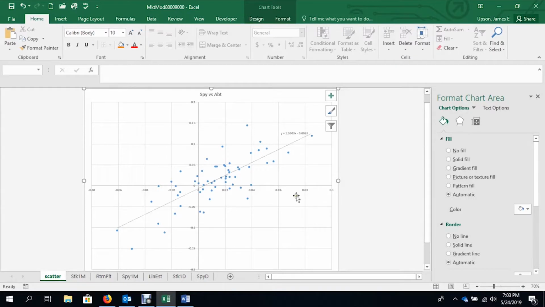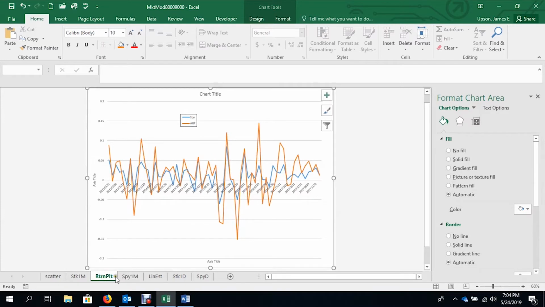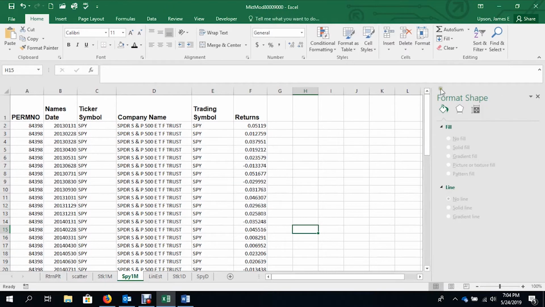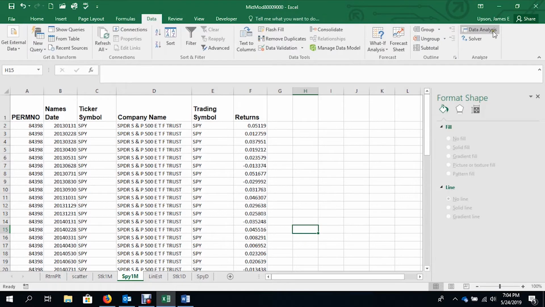Alright, so we're going to do regressions, and we're going to do them a couple of different ways. So the first thing I want to do is just an analytical regression. Let me move this guy over here so it makes it a little bit easier to do the click and pick. So what we're going to do is come over here to data, and you should have your data analysis